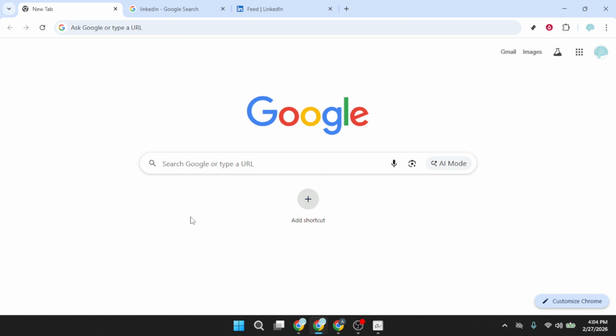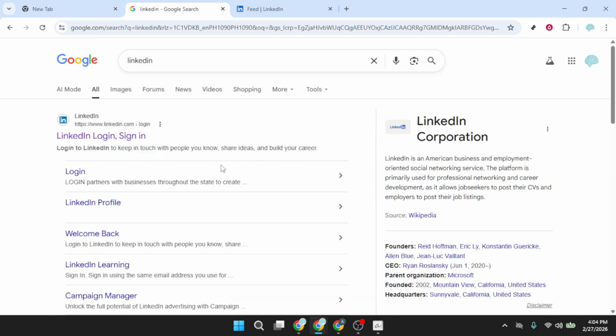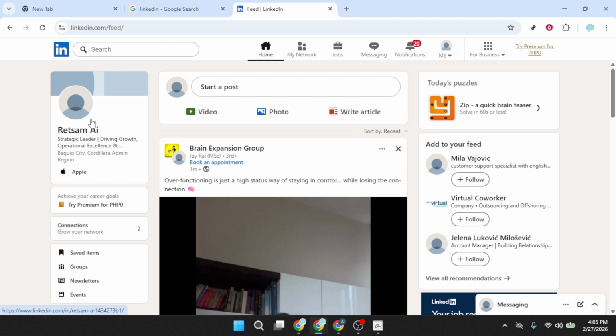First, open your browser and head to Google. In the search bar, type LinkedIn and press Enter. In the results, click the official LinkedIn website. If you're prompted to sign in, do that now. Being signed in ensures you can access your profile settings. Using Google is a simple way to find the correct site quickly, but once you're in, we'll navigate directly within